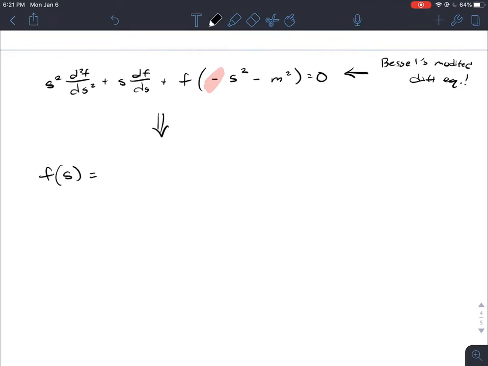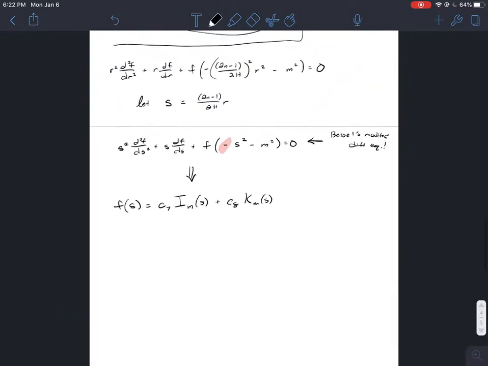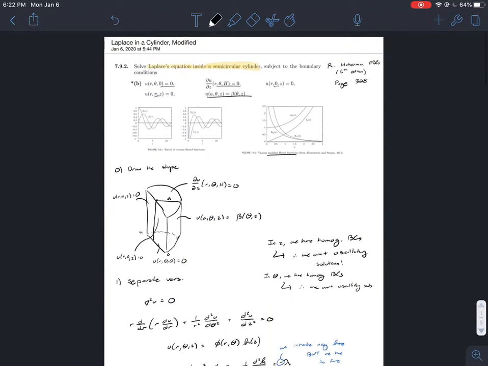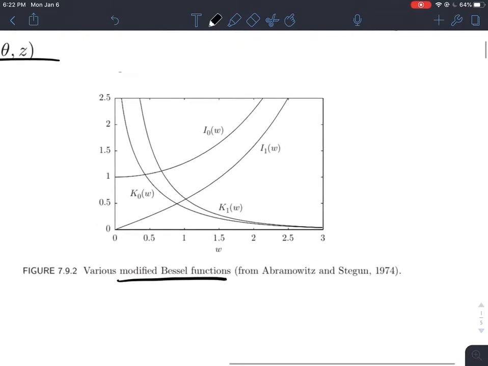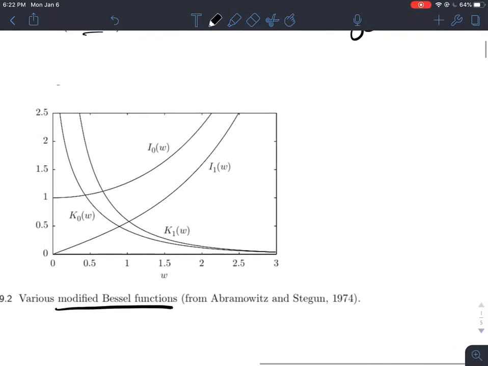So f of s is equal to, I think it's C7, I of m s plus C8, K of m s. All right, so normally we saw J and Y, but now we have I and K. Now, let's take a look at what I and K look like. And this is the picture I had up in the beginning of this problem right here. So I is well behaved at 0,